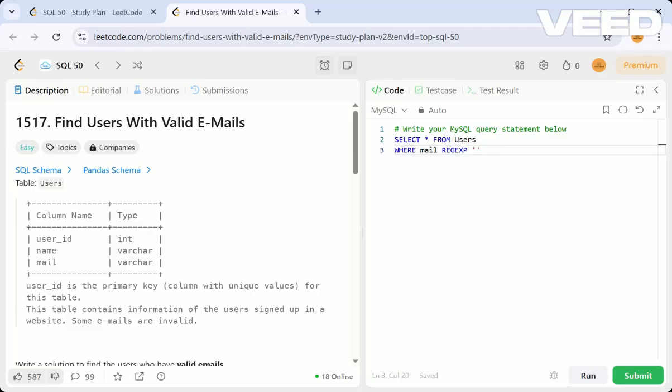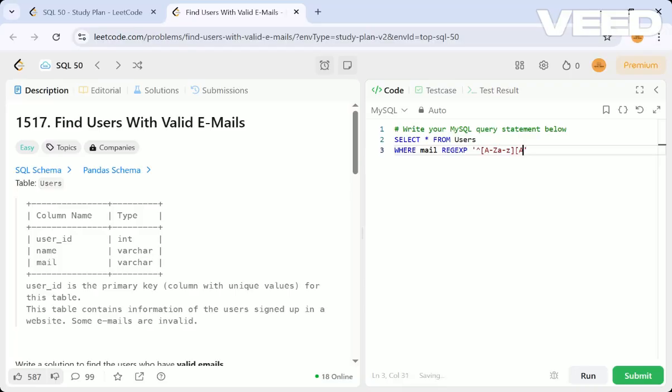The email should start with alphabets, capitals and smalls, right? So A to Z capitals and a to z smalls.